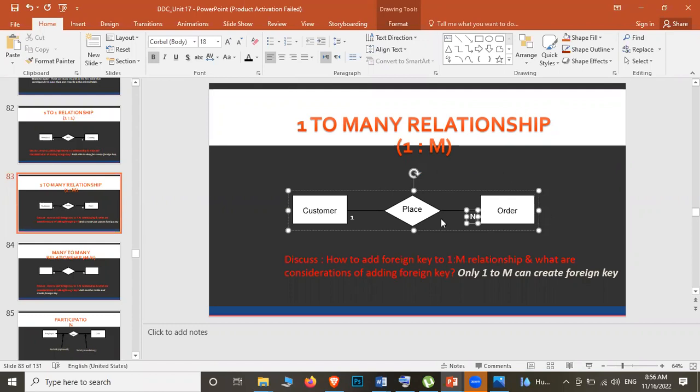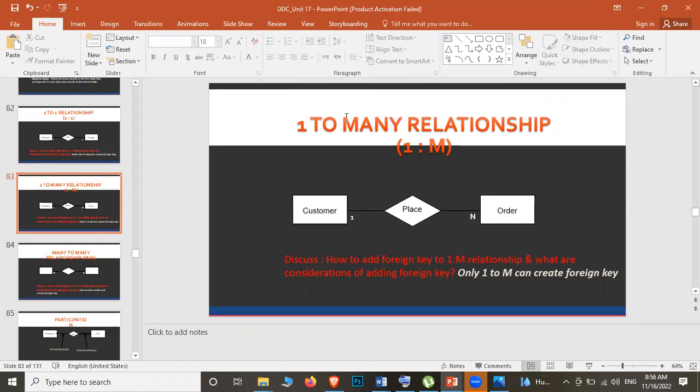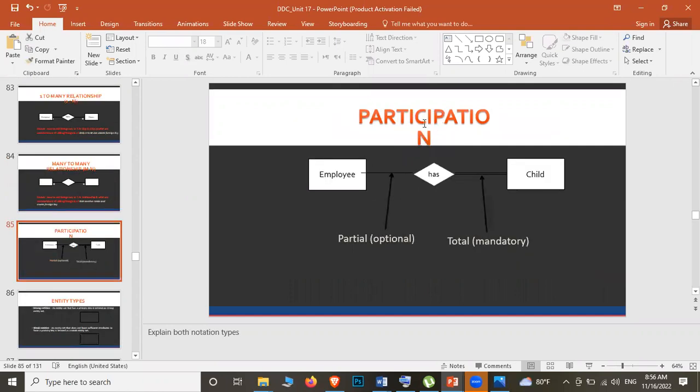Okay, one to many relation එකට අපි කියනවා, one to one relation කියන්නේ one particular entity will have a relation with another entity which is also one, but when it comes to one to many කියන්නේ එක entity එකක් relate වෙන many entities එකත් එක්ක, but at the same time අර many side එකේ තියෙන entity එකම එක object එකත් එක්ක තමයි relate වෙන්නේ. So that is known as one to many.